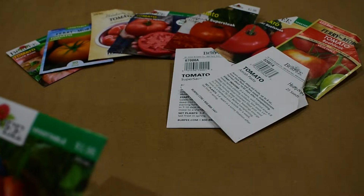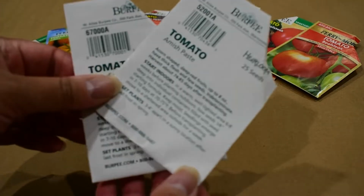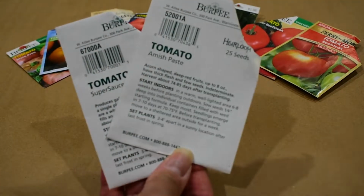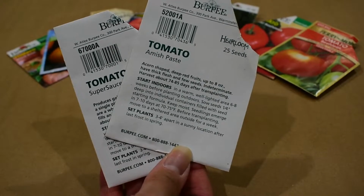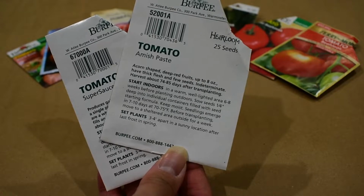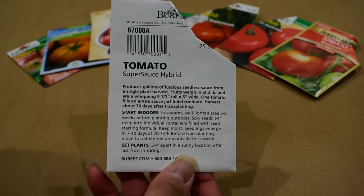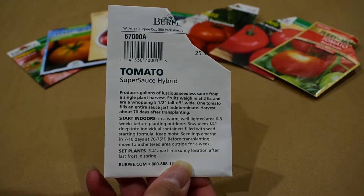Though the San Marzano is the newer one, I've grown Roma since year 1. And then the other 2 that I really wanted to try are the Amish paste, because they get up to 8 ounces, so they're a bigger sauce tomato. And then the Super Sauce Hybrid, which is apparently a massive sauce tomato, and I've seen some pictures online, they